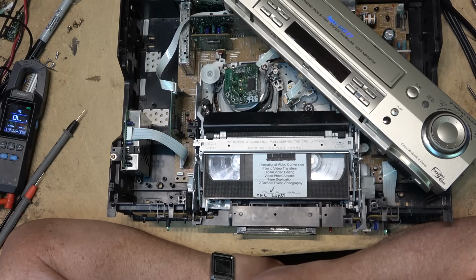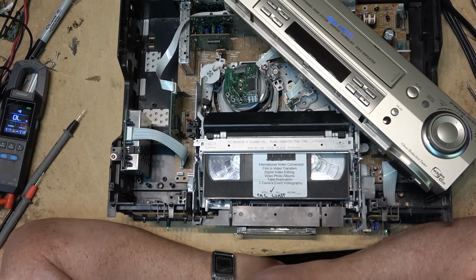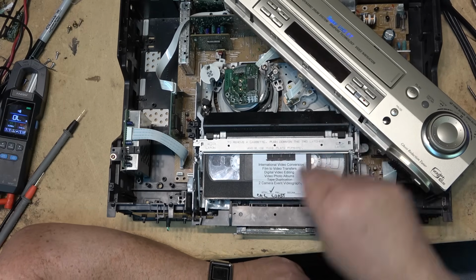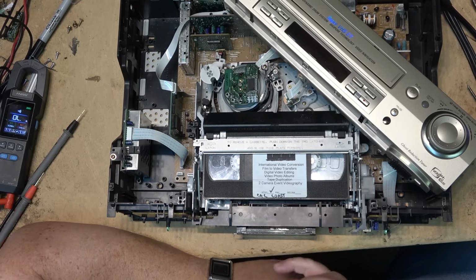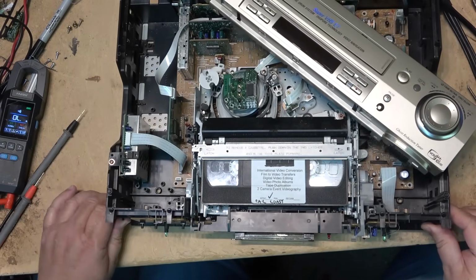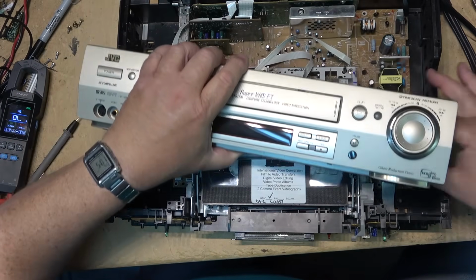Is it going to work this time, or is it just going to hit the leader? See? It doesn't detect the tapes at the end, and now it's going to shut off. That should wind forward, but it doesn't. We have a problem over here on this leader, on this pickup, and then the power shuts off, which it just did. Power just turned off, you see? So we have an issue with the